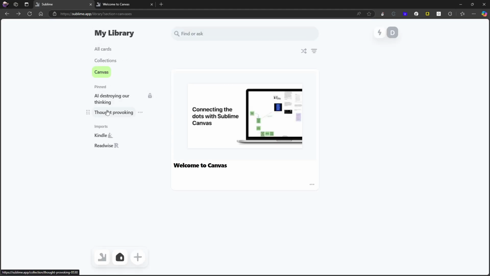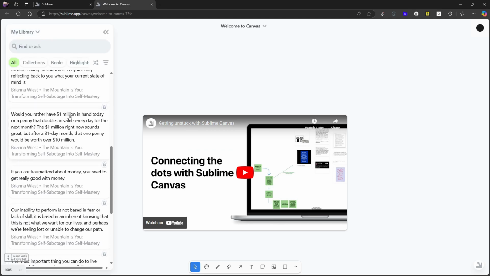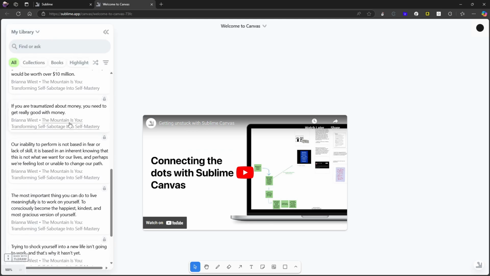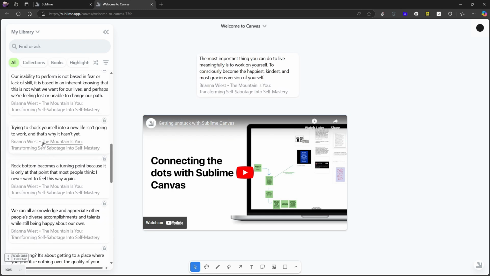So let's say you've gathered a lot of notes. I've gathered a lot of notes on AI destroying our thinking, and now I want to sit down and write an essay about it. Then I would just use my collection. But basically, another thing you can do here, if you would like to just use the whiteboards, you can actually drag things on top of here